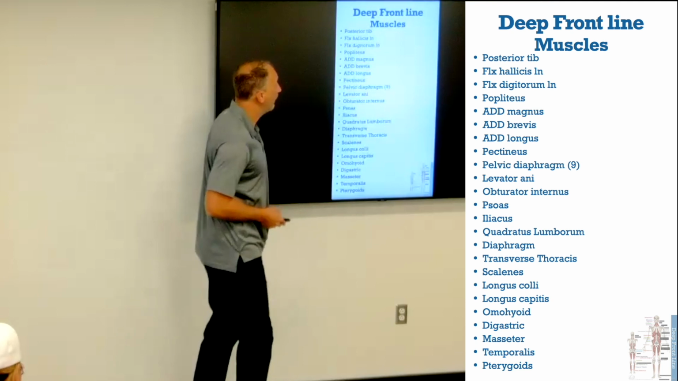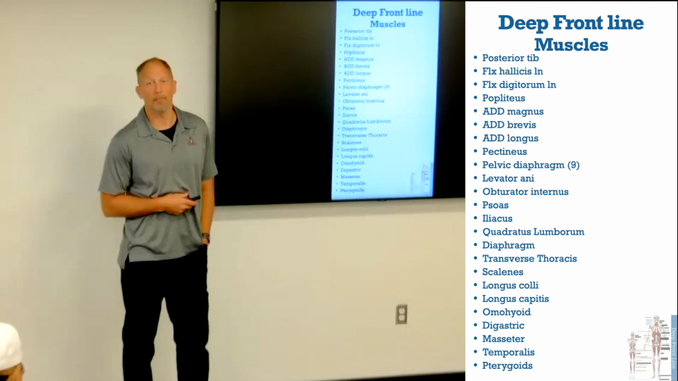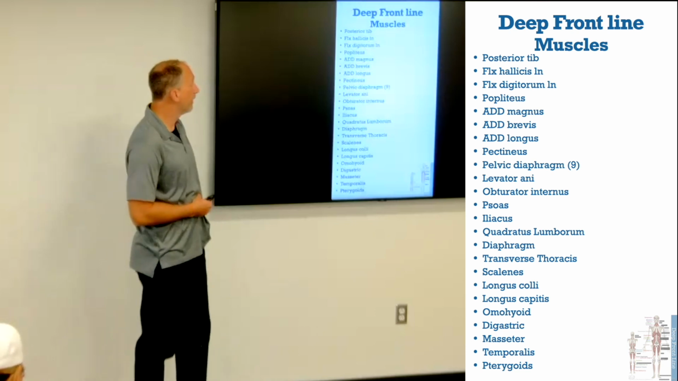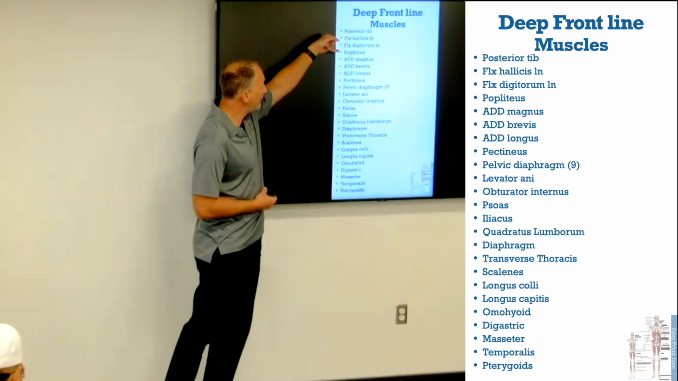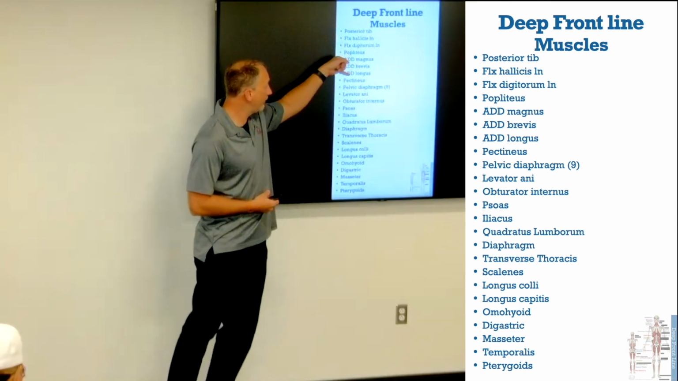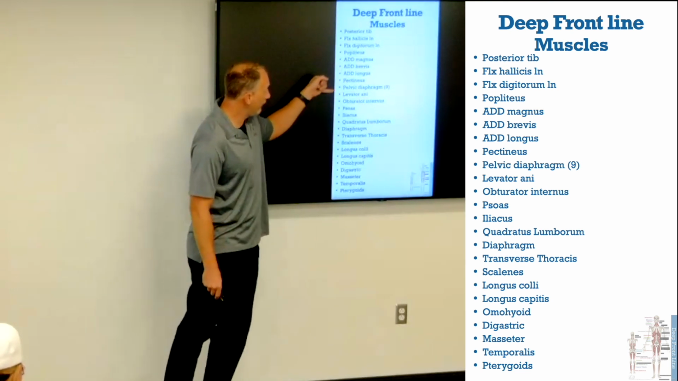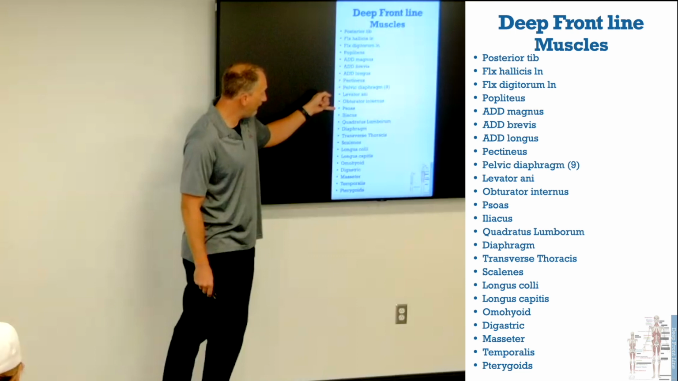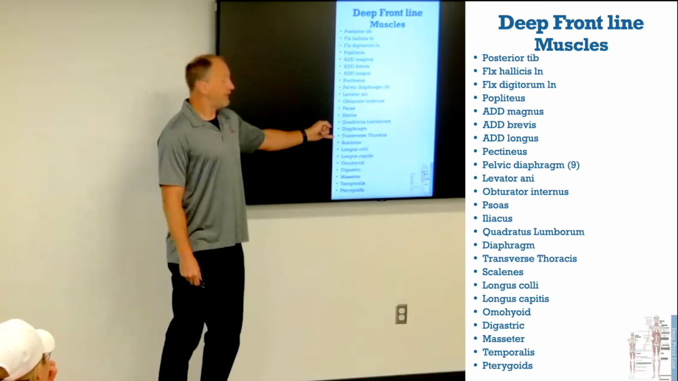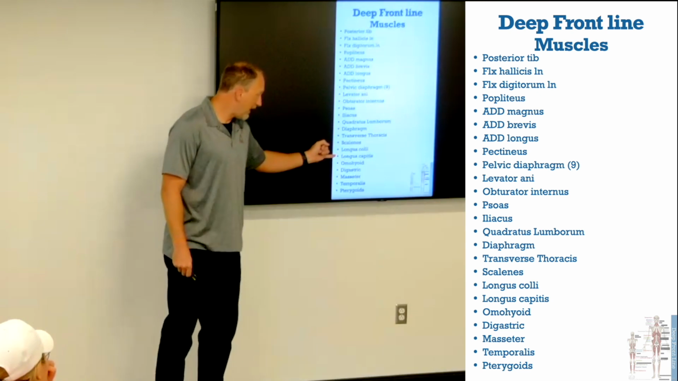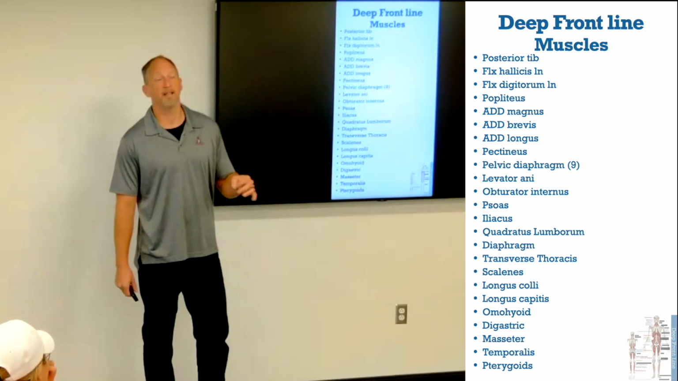All right, so, do you want me to read all these? There's so many of them, the font got smaller to fit into the box. We have our posterior tibialis, the flexor hallucis and digitorum longus, popliteus, the three adductors, magnus, brevis and longus, the pectineus, 9 muscles of the pelvic diaphragm, including the levator ani, obturator internus, the psoas, the iliacus, the QL, the diaphragm, the transverse thoracic, the scalenes, the longus colli, longus capitis, omohyoid, digastric, masseter, temporalis, and last but not least, the